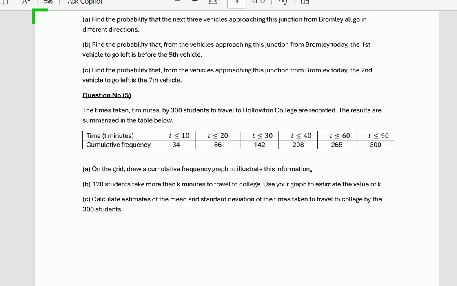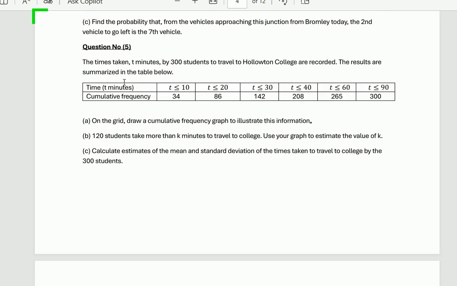For question number 5, the times, T minutes, taken by 300 students to travel to Halton College are recorded. The results are summarized in the table below. The first row is the time and the second row is the cumulative frequency. T less than or equal to 10, T less than or equal to 20, T less than or equal to 30, T less than or equal to 40, T less than or equal to 60, and T less than or equal to 90. The cumulative frequencies are 34, 86, 142, 208, 265, and